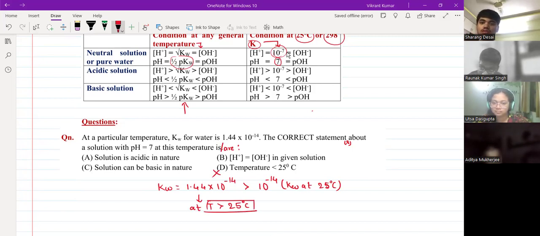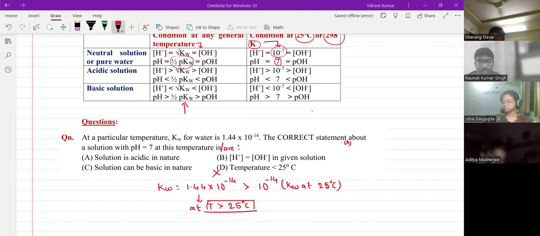Now let's see whether it will be equal, acidic, or basic. But if you are reporting B, then how can you report A? Or if you are reporting B, then how can you report C? If H plus and OH minus become equal, then it will be neutral, so how can it be acidic or basic? These three cannot happen together. So this will ultimately be a single correct answer only. You cannot have A, B or AC or BC. That is not possible at all. A is acidic, B is neutral, C is basic. You can't have two options in this question. If D were there, it could have been possible, but other than that, A, B, C cannot come together.